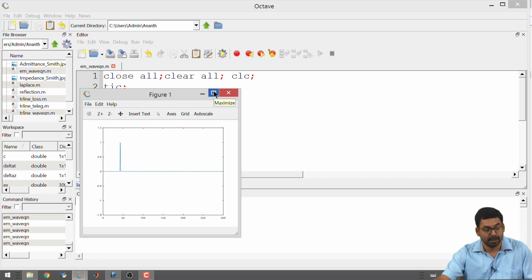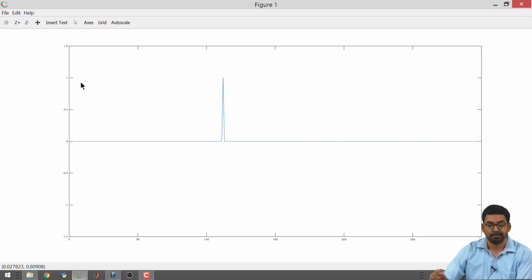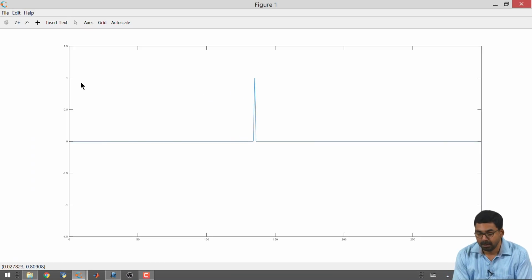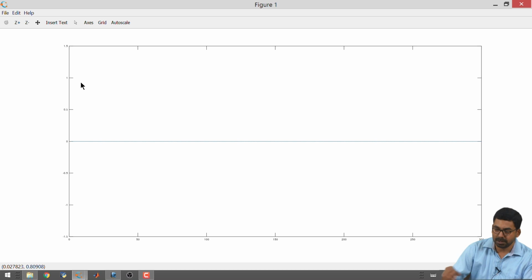Not the speed of light. Actually, most of the time in the execution is taken for drawing this plot. The computation was actually fairly fast.